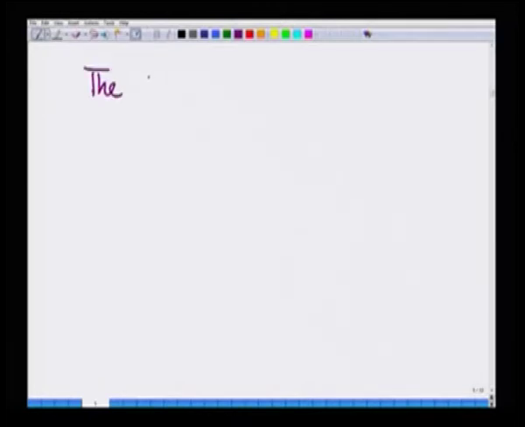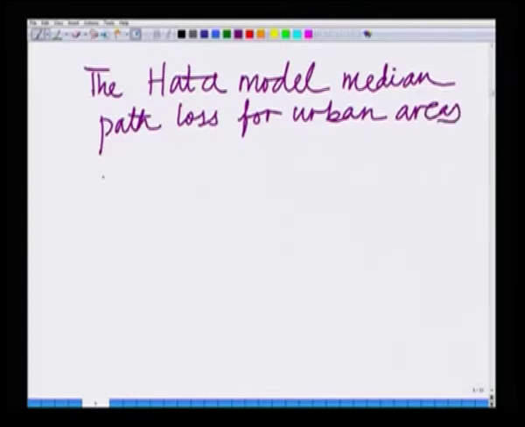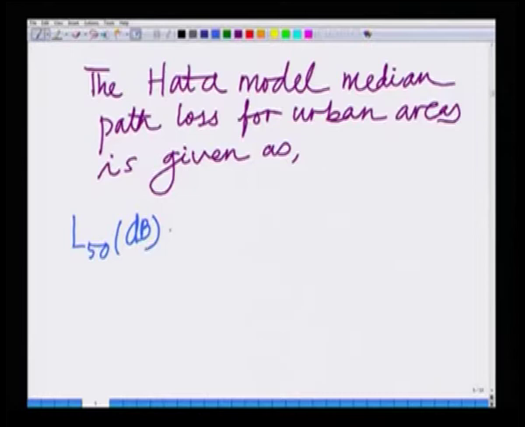The Hata model median path loss for urban areas is given as the median path loss, again similar to what we had in the Okumura model. The median path loss L50 dB is